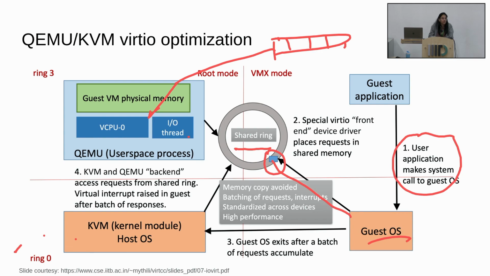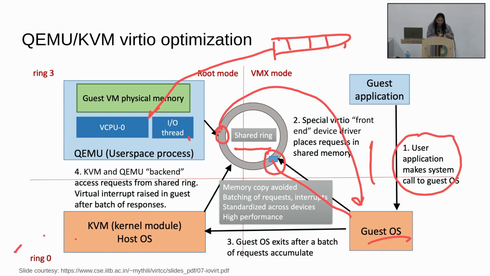It spawns the IO thread for that batch, and then the process comes back, and the output again gets written back to this ring, which gets consumed by the guest operating system to write it back to the application. So this shared ring prevented processing each and every individual request every time. It prevented copies that were happening from the guest operating system to the host operating system. Right? So this was the virtIO optimization with this shared ring that came into the picture in this